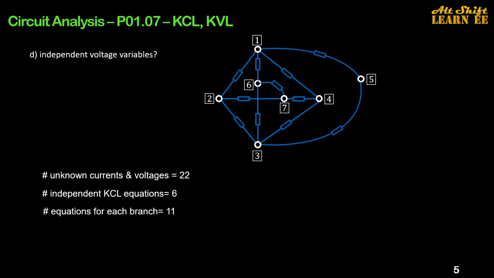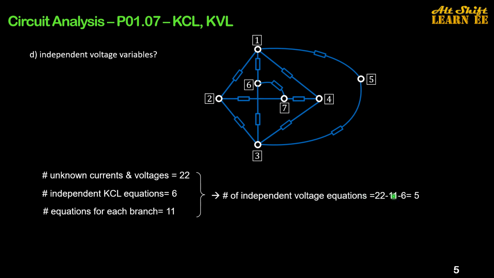Okay. Part D is the dual of part C, asking you how many independent voltage variables are needed to find all other unknown voltages in the circuit. Again, there are 11 branches in this graph, so there are 22 currents and voltages. The number of independent KCL equations is 6, and hence the number of independent voltage equations will be 22 minus 11,